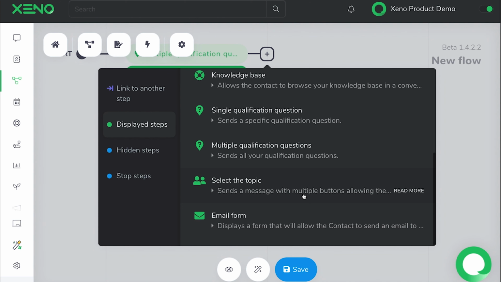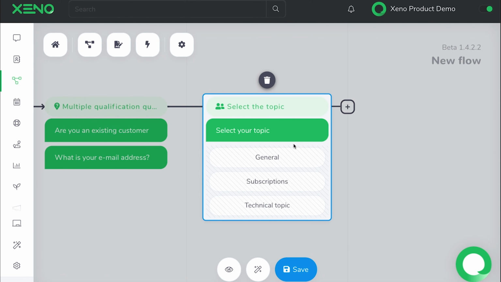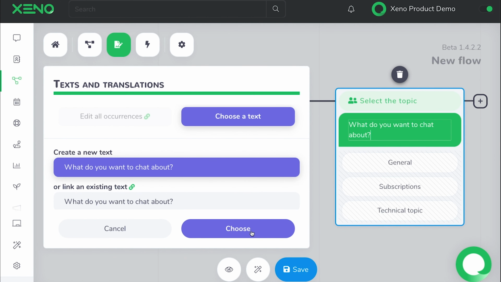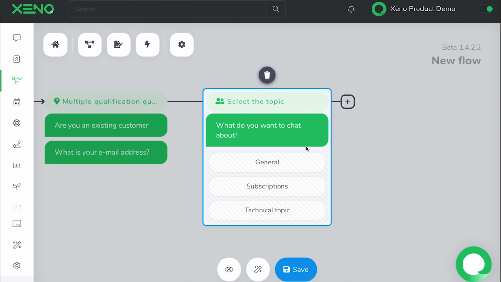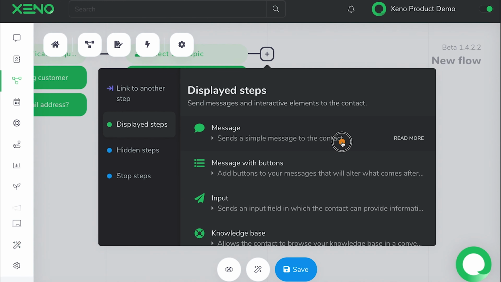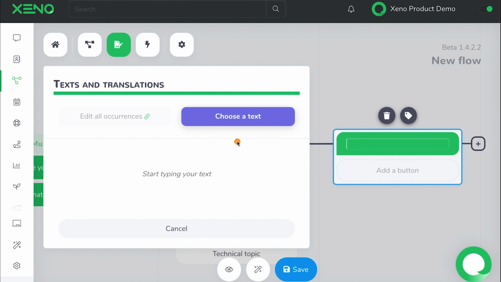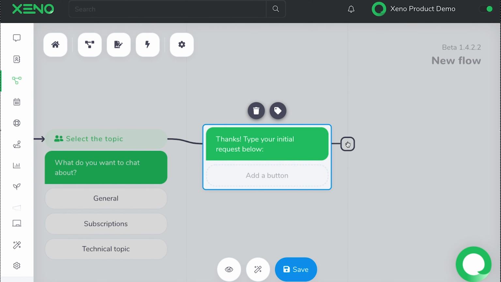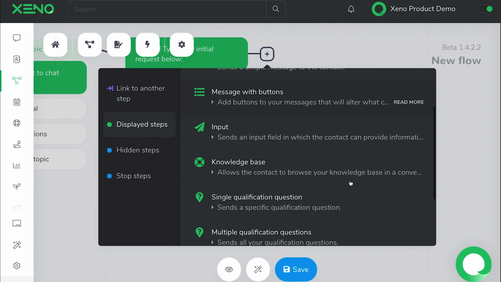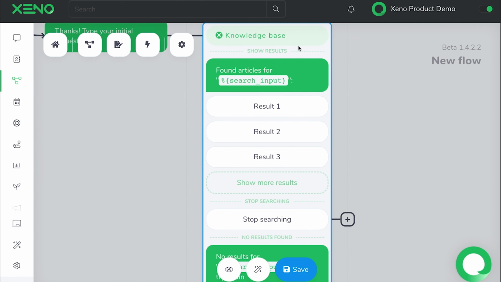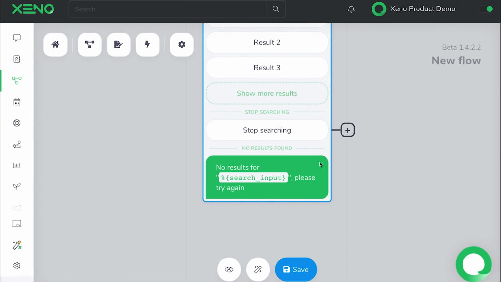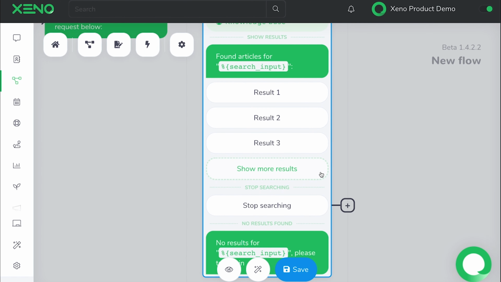So here you need to click on Select a Topic, type the message you want to display, and it will automatically show all the topics you have set beforehand in Zeno. After the contact chooses their topic, let's say you would like to show a message to ask what the request is about. So here you add another displayed step, a message, and then type the specific text you would want to send. Now that you've asked the contact to type in their question, you then need to add another step which can analyze it, basically extracting keywords and suggesting results from your knowledge base. The contact can then check any post from the results. Please note that in this step, contacts can go back and forth to search as many keywords and posts as they want.